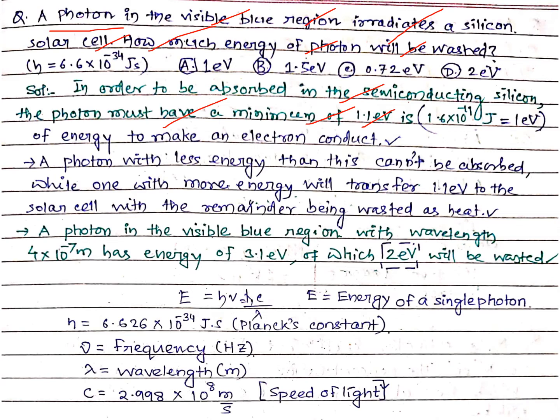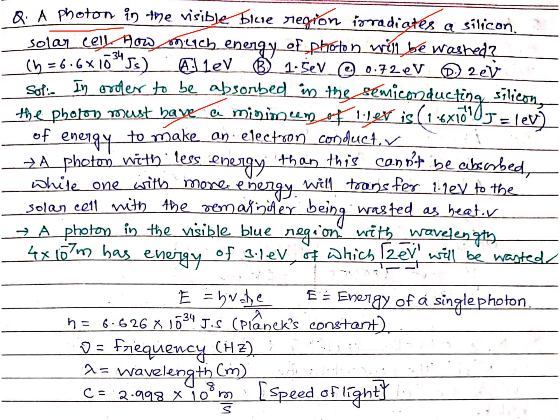We know that a photon carries some energy that is equivalent to 1.6 into 10 to the power minus 19 joule. That is the value of 1 electron volt. So in order to be absorbed in the semiconductor, the photon must have energy greater than 1 electron volt. A value greater than 1 electron volt will always be absorbed in the semiconducting silicon,